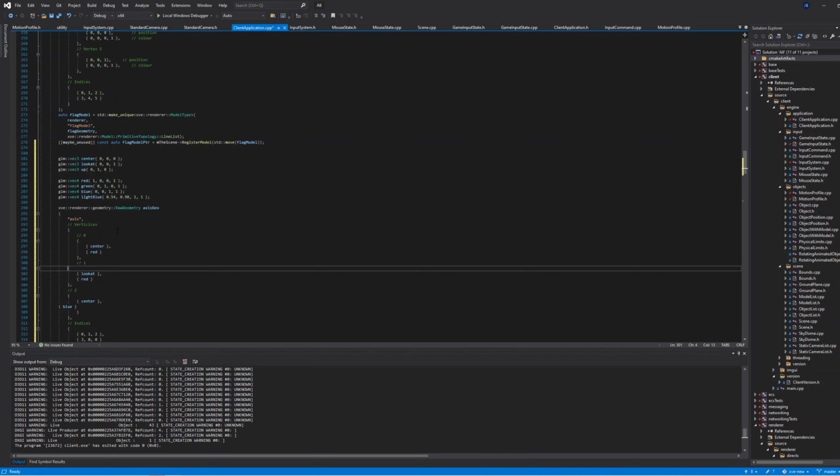It's screwing up my tabbing. I need to go and sort that out